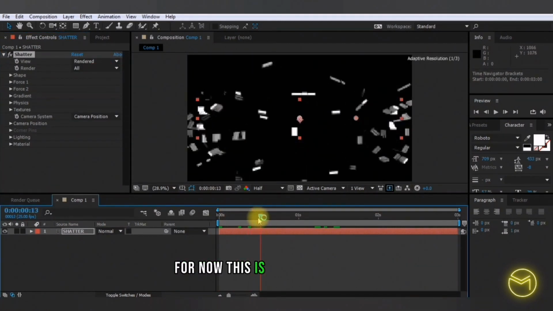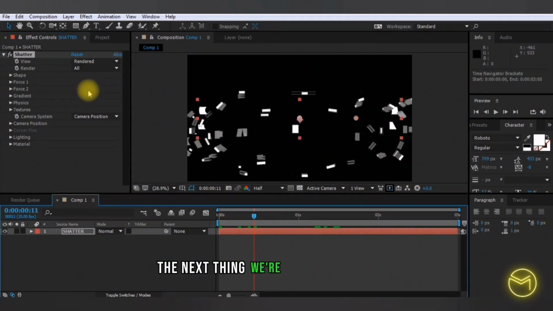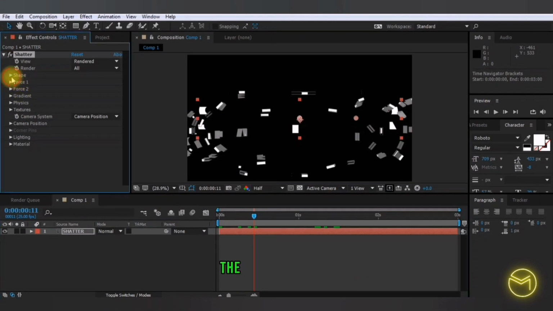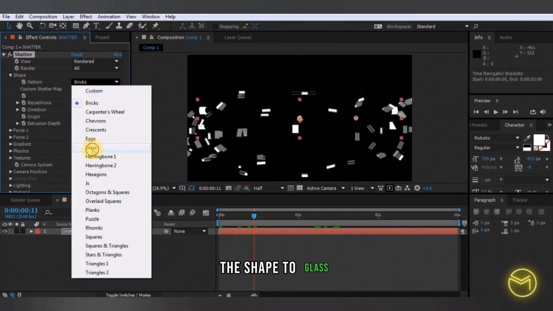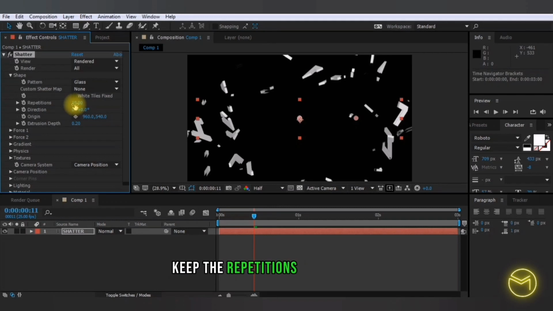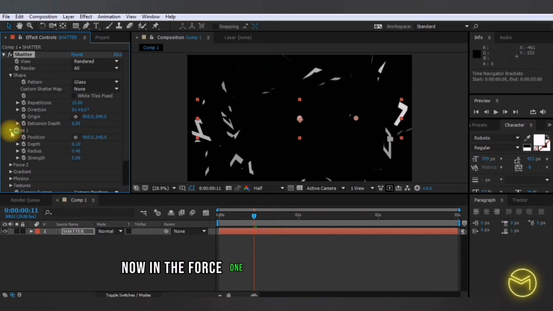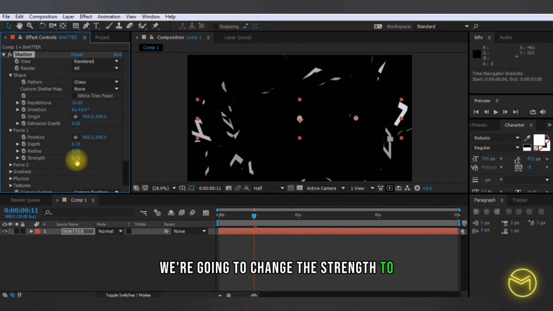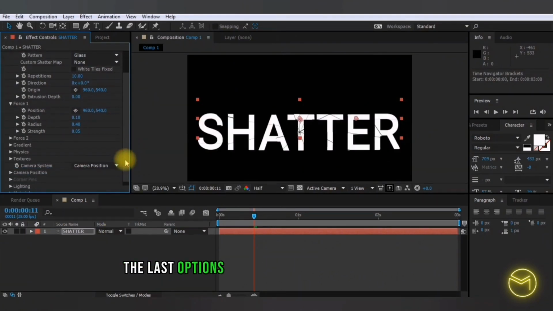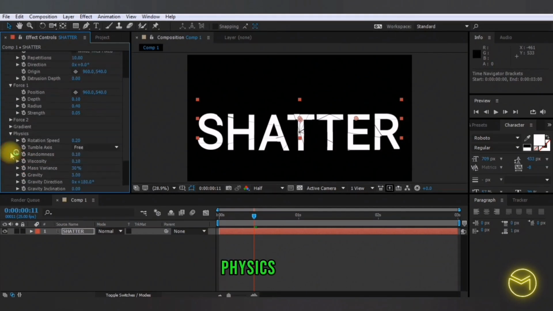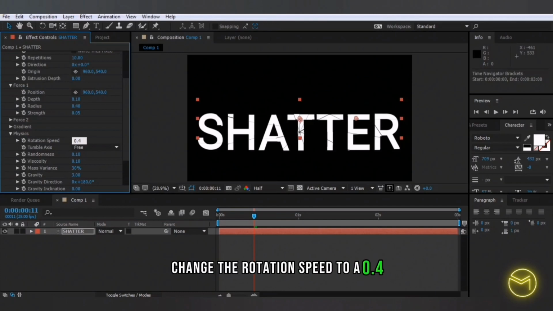So for now, this is what it looks like. The next thing we're going to change is the shape to glass. Keep the repetitions at 10 and the extrusion depth will be changed to a 0. Now in the force 1 option, you're going to change the strength to 0.05. The last options that we're going to change is the physics, and here change the rotation speed to 0.4